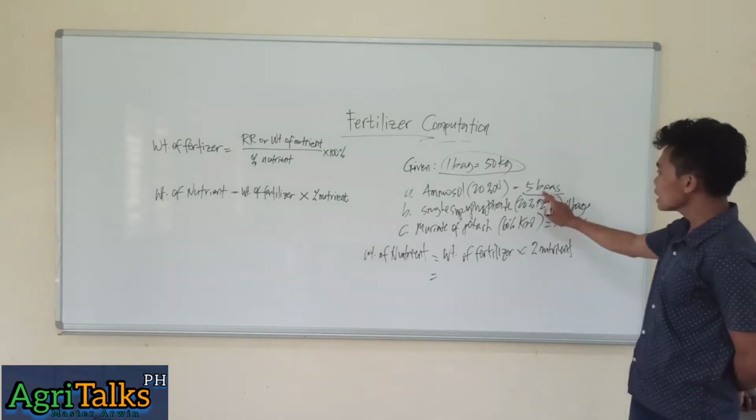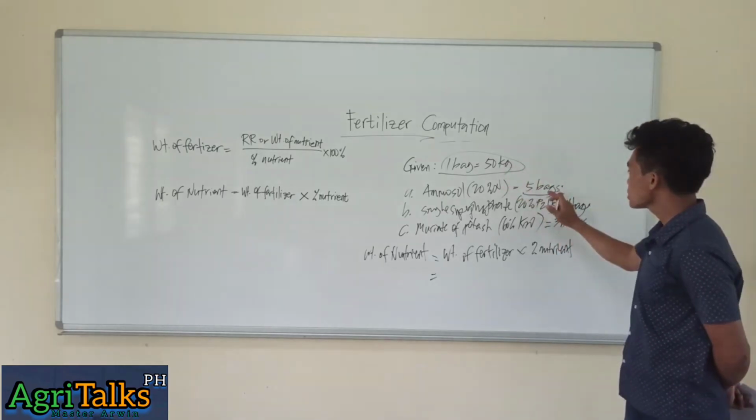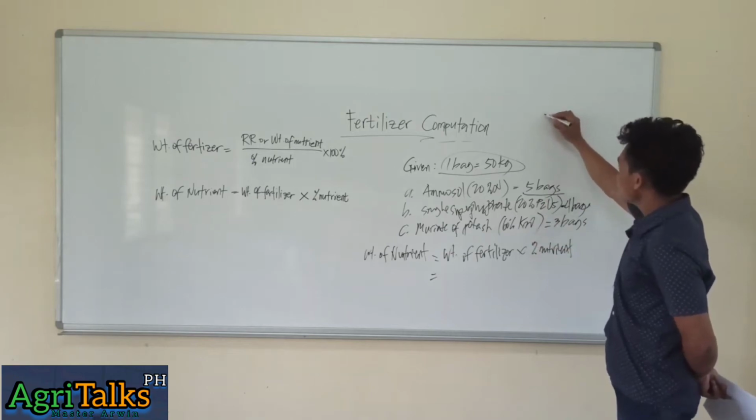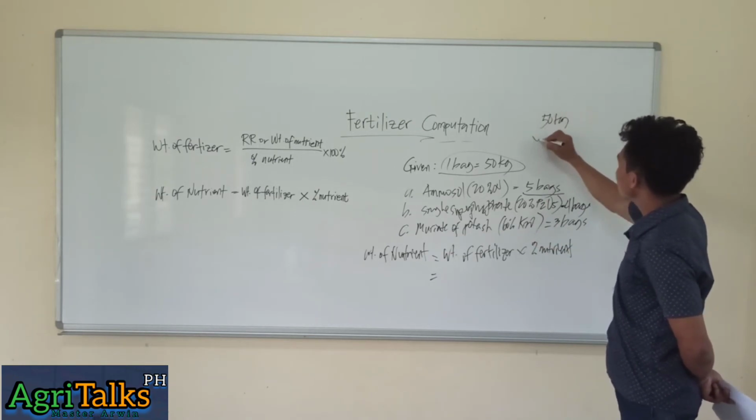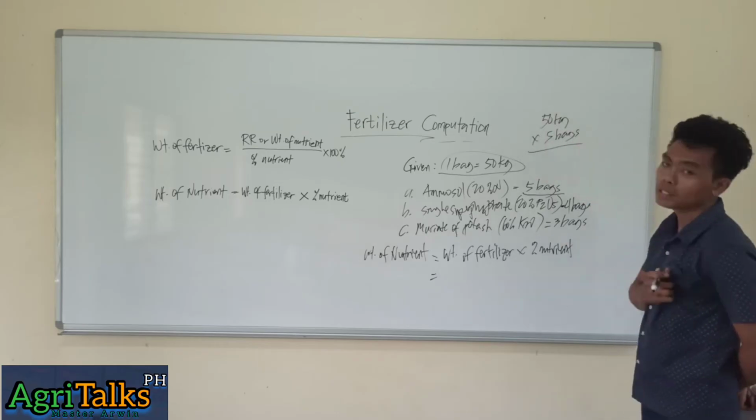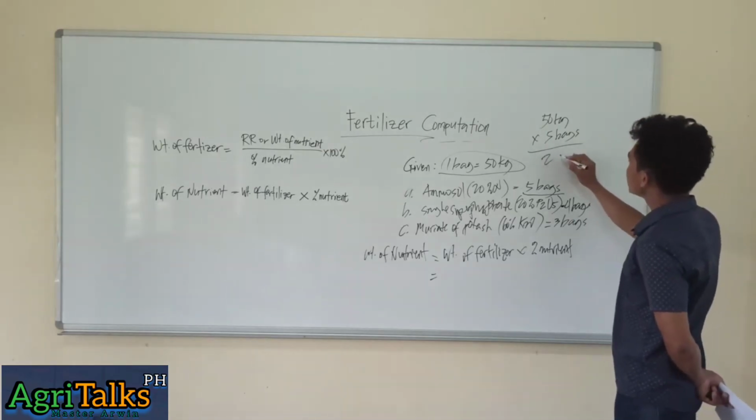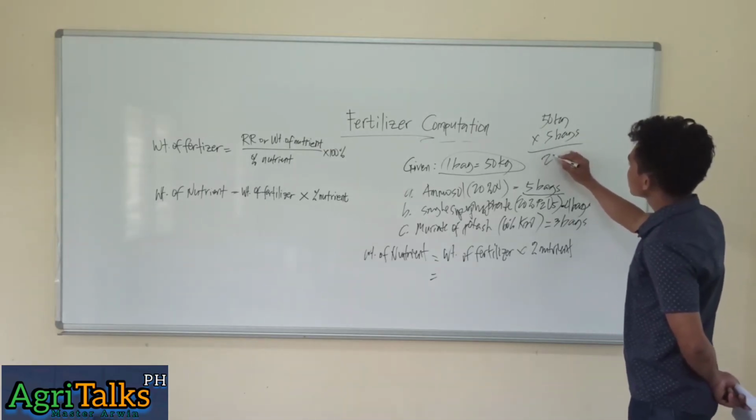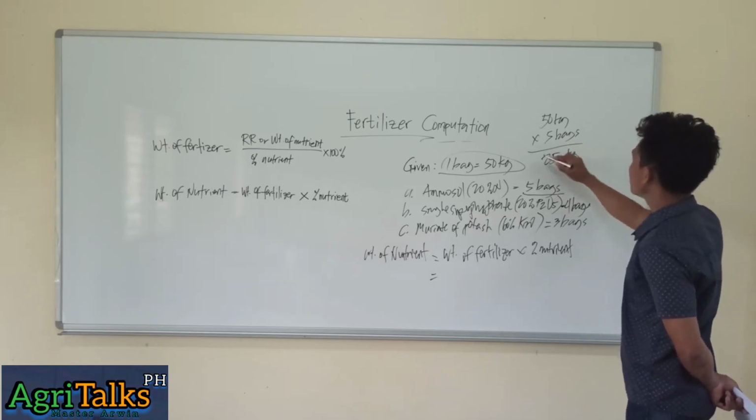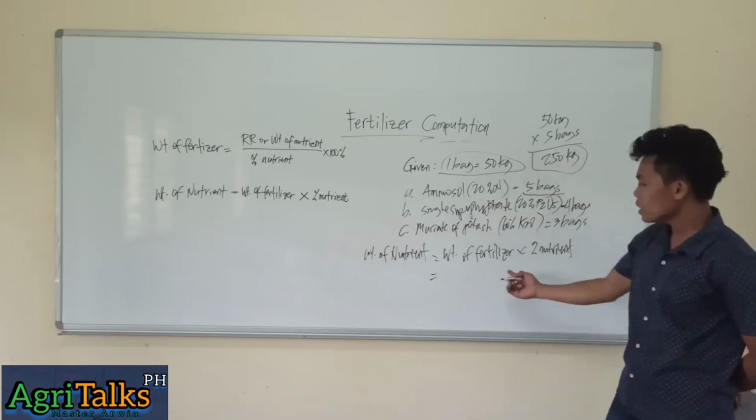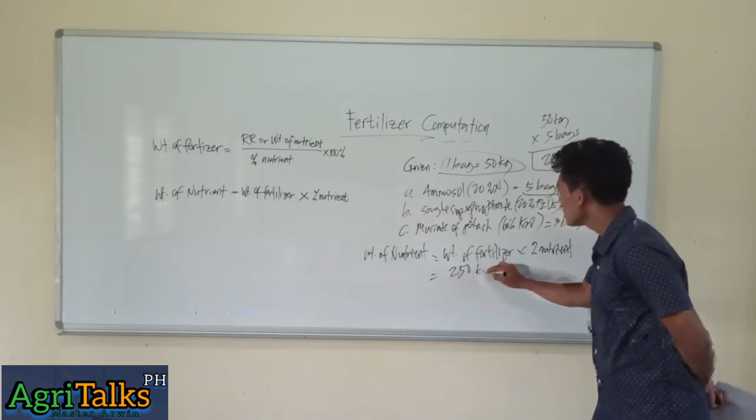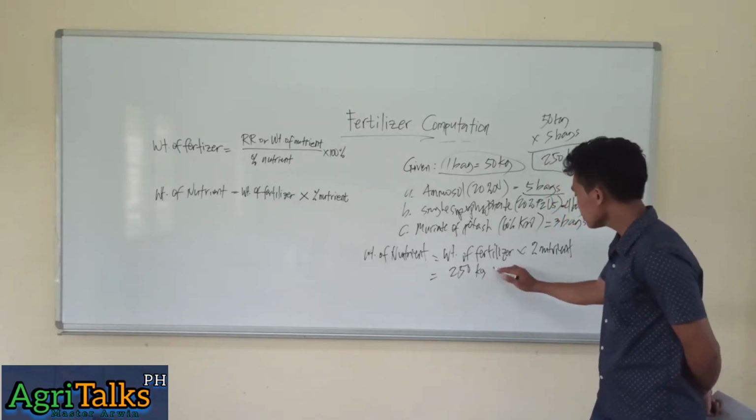So, how many kilograms are there in 5 bags? We'll do it like this: 50 kilograms times 5 bags. That would be 250 kilograms. Okay, so the weight of the fertilizer is 250 kilograms times